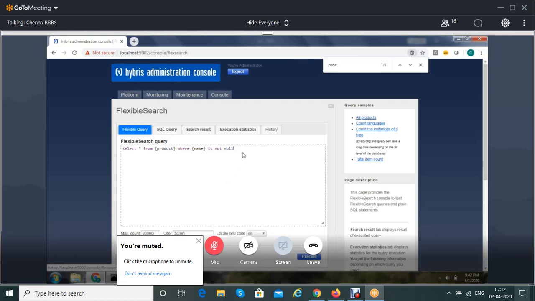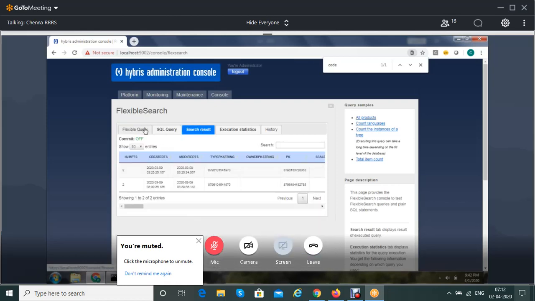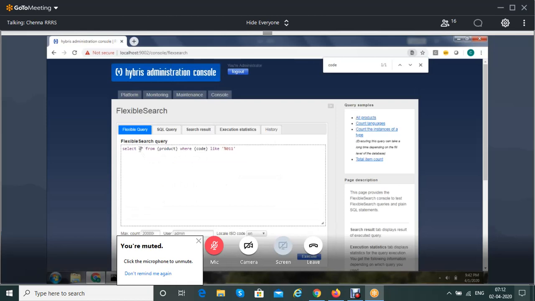We can also use the AND. So for example, product code like percentage 011. With percentage 011, we got 6 records, right? Sorry, let me use the count. Then use the percentage here. So I got the 6 records.